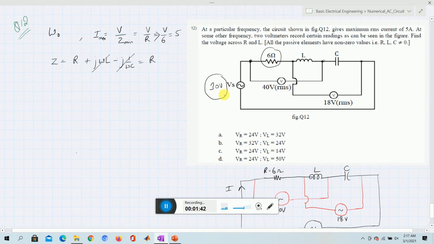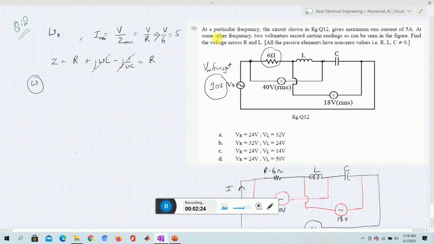Even though the frequency is changed, the supply voltage remains the same, only thing is that the frequency is now different. So if the frequency is now omega, maybe any other frequency, that means the supply voltage Vm is constant but the frequency is different. Instead of sin omega t, it is like sin 3 omega t or 4 omega t or 5 omega t, or maybe omega is 315 or omega is 100. Like Vm, we can have Vm sine of omega t. This is the omega in radian per second. Now this omega is maybe 1000, maybe 2000, 150, whatever.